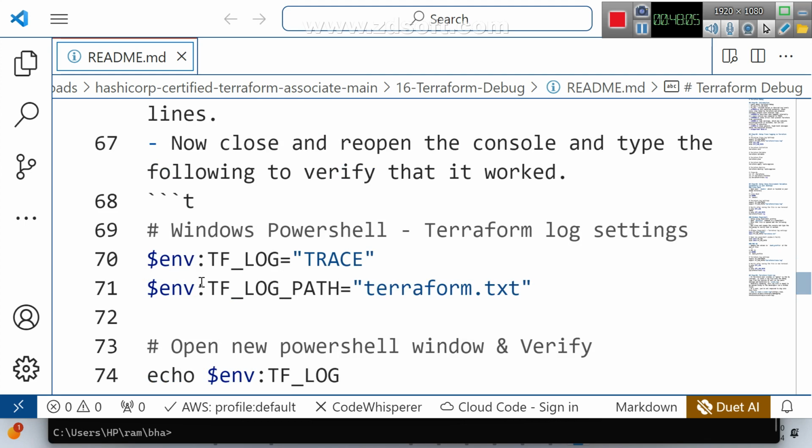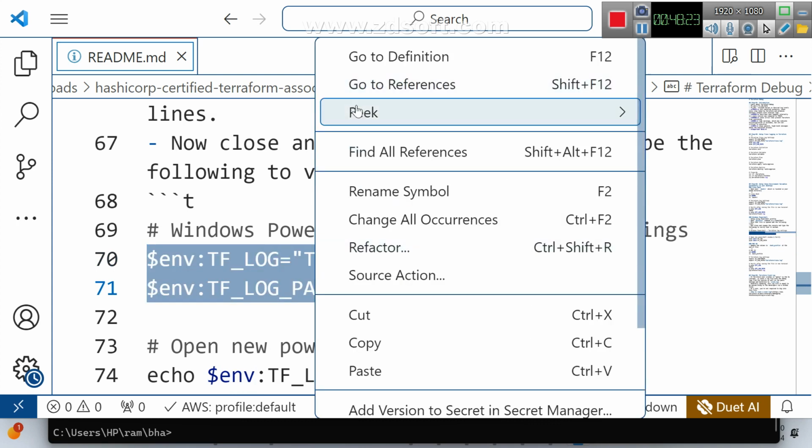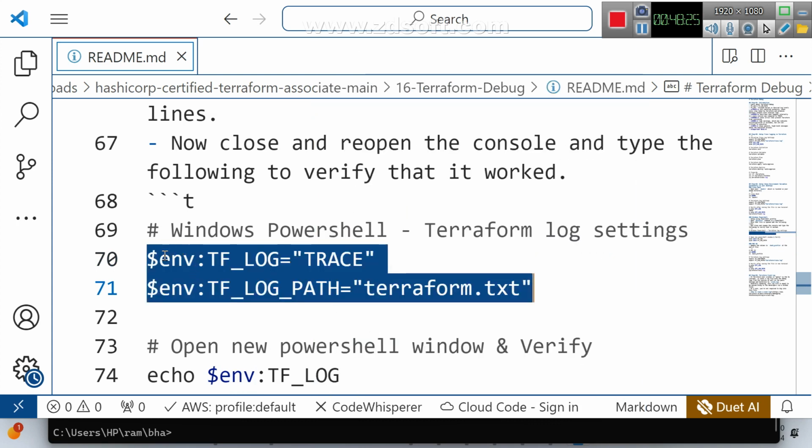See, this is in Windows PowerShell, the Terraform log settings. Open in a PowerShell window and verify. First, you need to specify this. Copy this; these are the predefined things: $env:TF_LOG = trace, $env:TF_LOG_PATH = a file name. The file name can be any file.